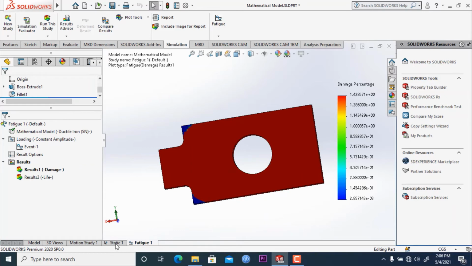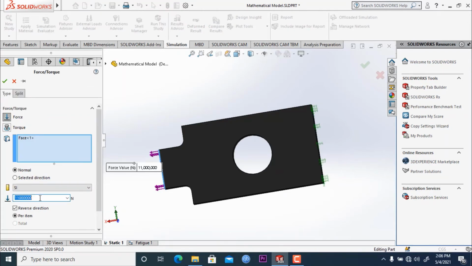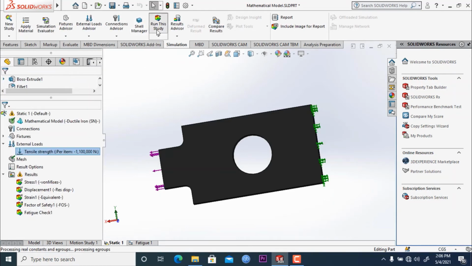Let's go to static again and change this force right here. We'll make it 10 less, click OK, and run this study again.